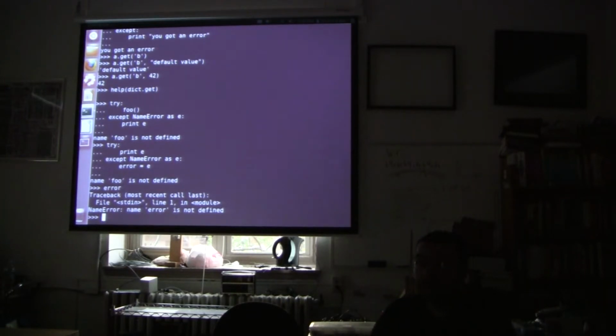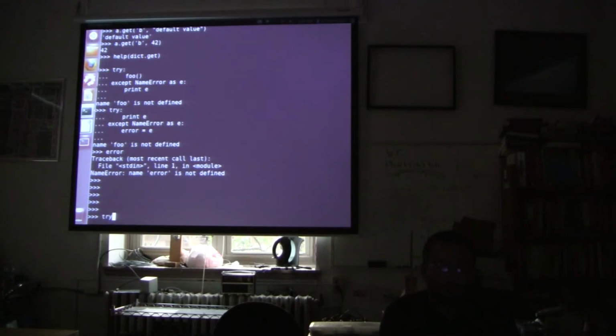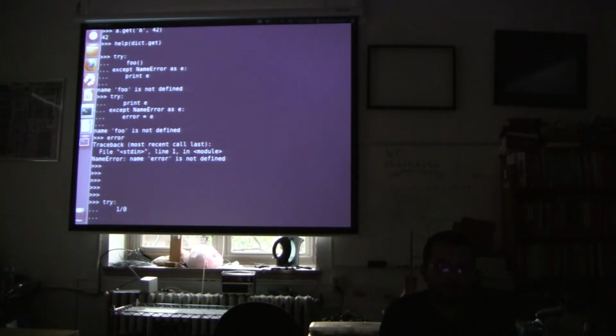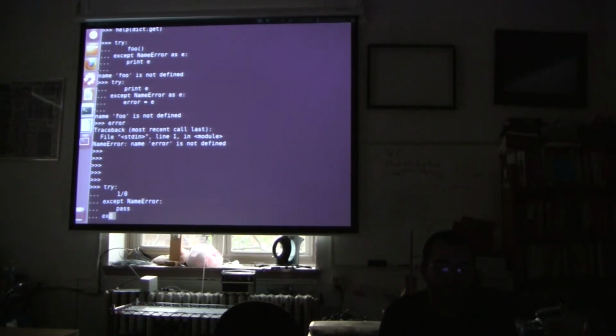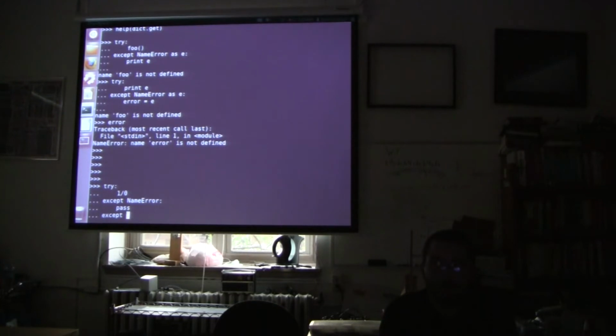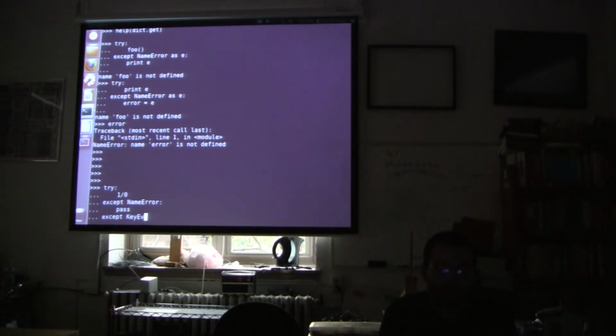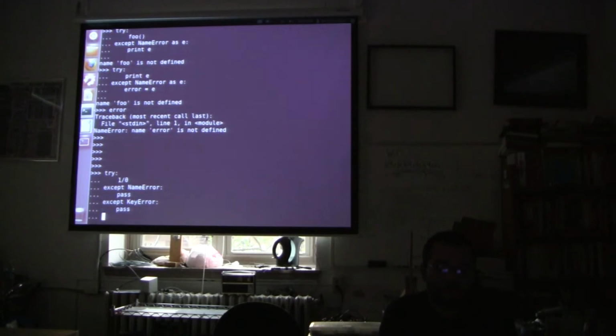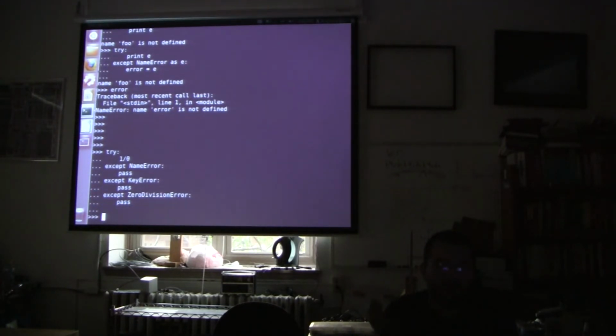What's up? Can you track for multiple errors in the same statement if you know that you might get one, two, or three? Yeah, absolutely. So if we do 1 divided by 0, except NameError, pass, except KeyError, pass, except ZeroDivisionError, pass, that's totally fine.